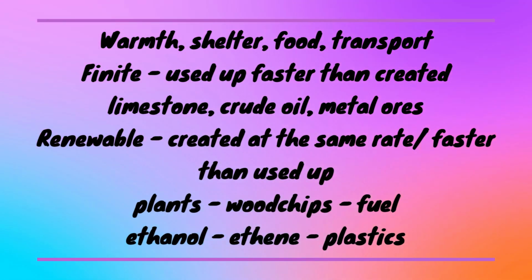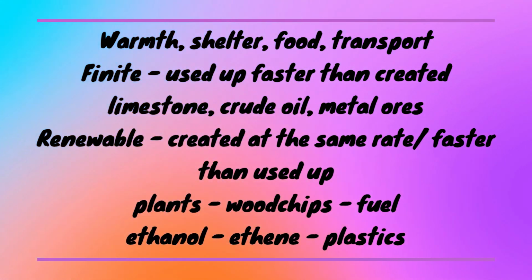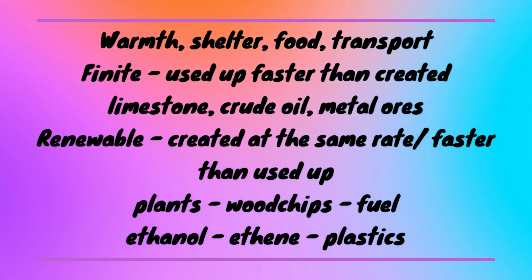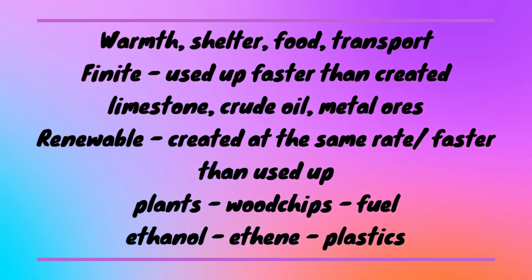A finite resource is one that is used up at a faster rate than it is created. For example, limestone to make cement, crude oil to make diesel and polymers, metal ores. A renewable resource is created at the same rate or faster than it is being used up. For example, plants, wood chips can be used to make fuel, ethanol can be used to make ethene and therefore